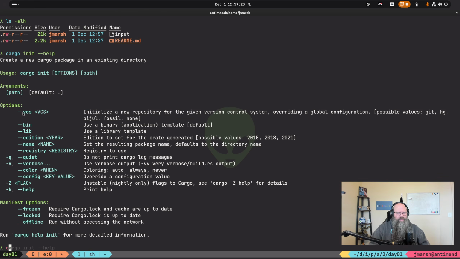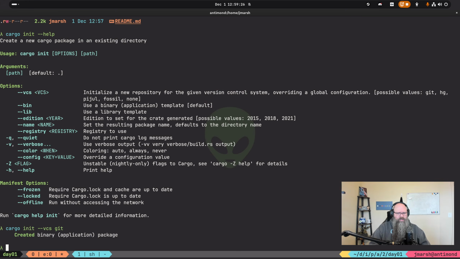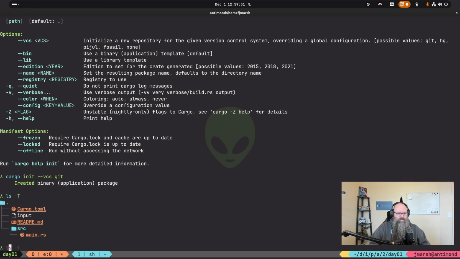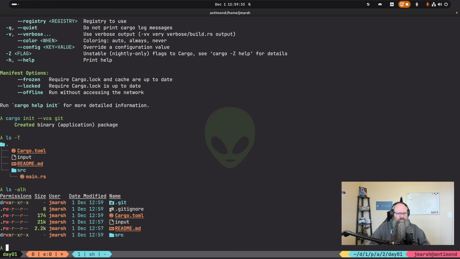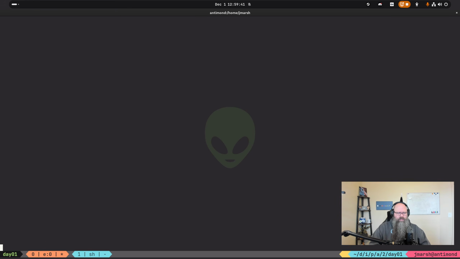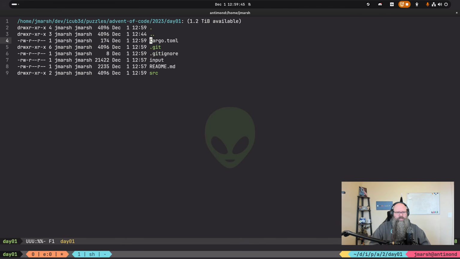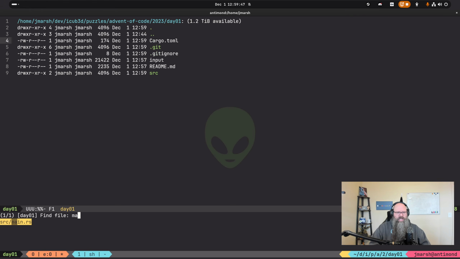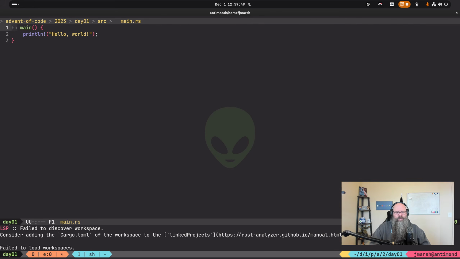Like if I do cargo init --vcs git, it might find this one now in my Emacs. Let's just see if that works. Yeah, that does it. Okay, so I'll just need to remember that in the future.